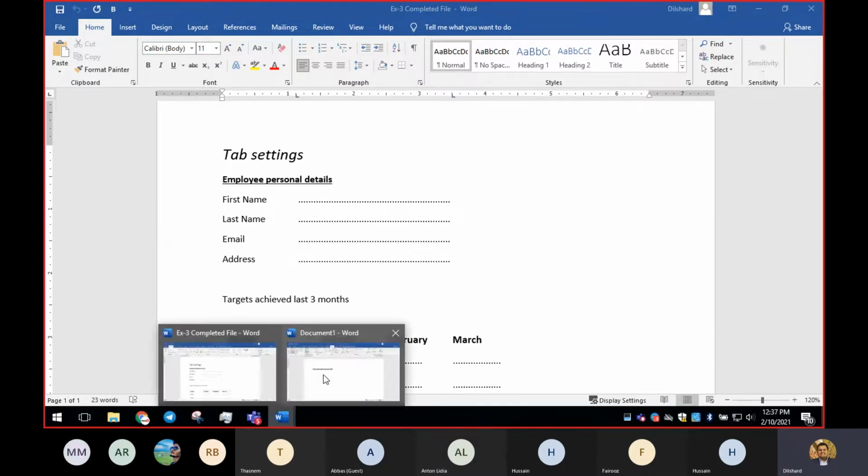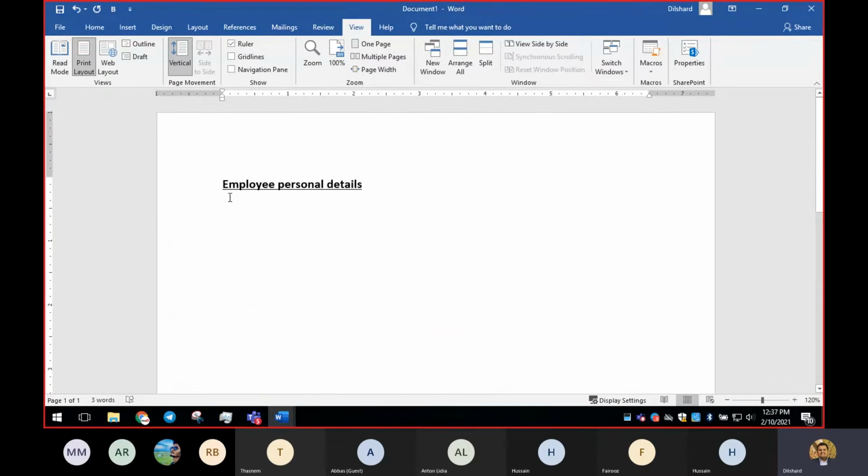So we'll create three tabs. To create that, first we're going to start it here, and then we'll start it from 1.5, right? You can decide whatever number you like, and I'm going to click on this 1.5. So I need my dotted line to start from 1.5. I need that until we'll say 3.5. To write first name, that space is enough, right? So I'm going to have it until 3.5. So we have two tabs marked in the top.